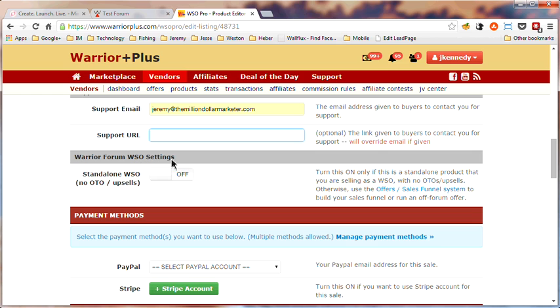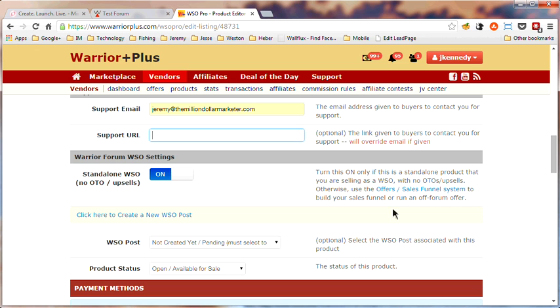Okay, Warrior Forum WSO settings. This is going to be a standalone WSO. If we were to have an upsell or an OTO, I would leave this off, and I would use the offers and sales funnel system that they have, which is up here. They have videos that show you how to do all this stuff, but since I'm doing just a quick standalone WSO, we're going to click that on,